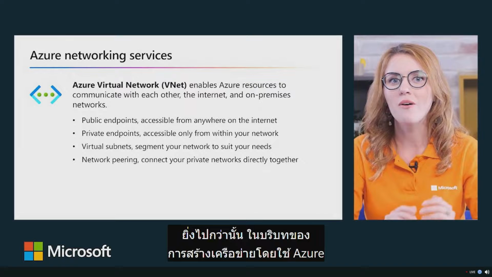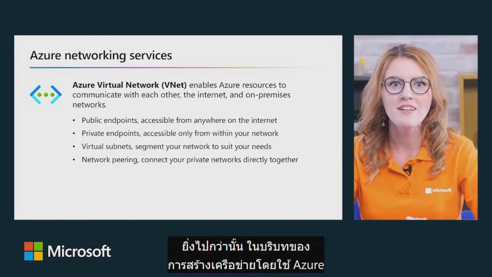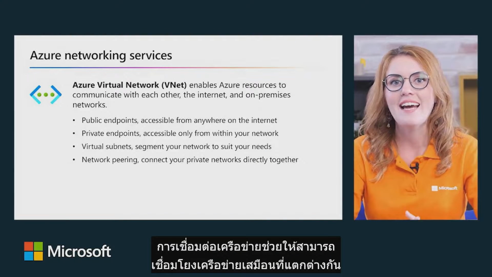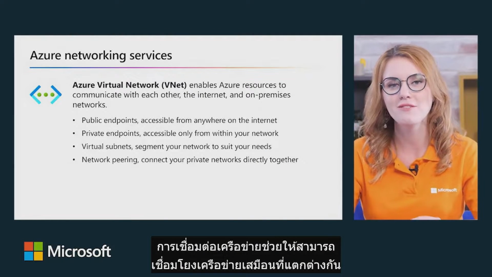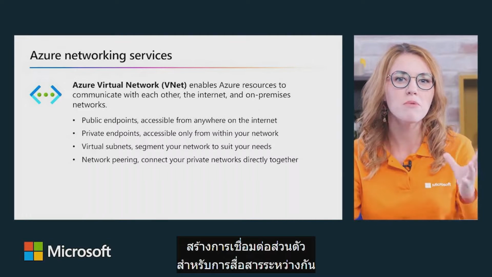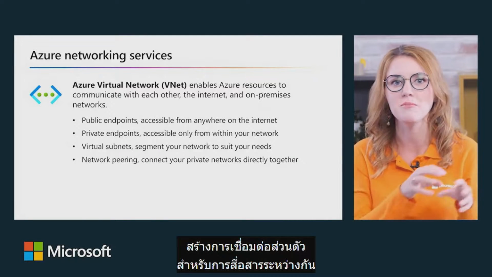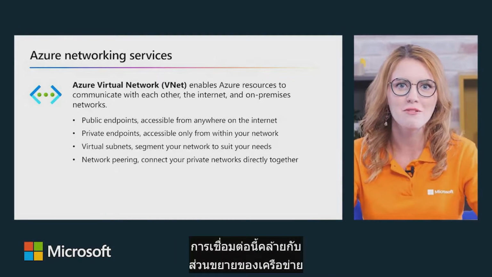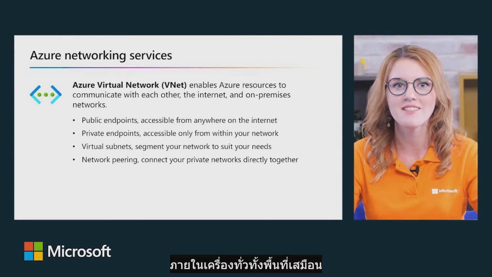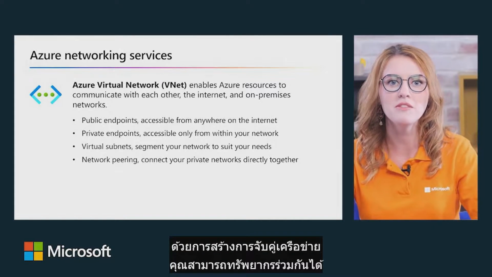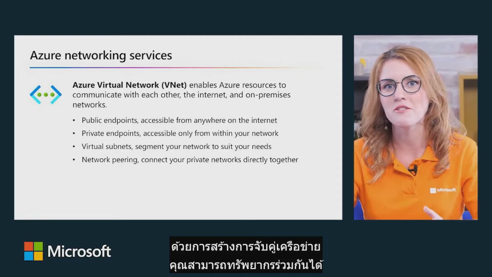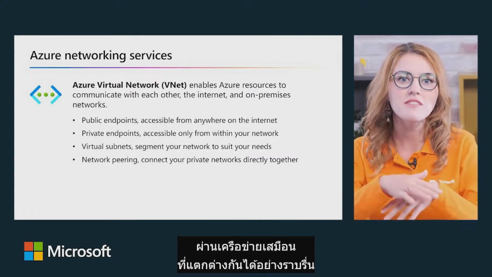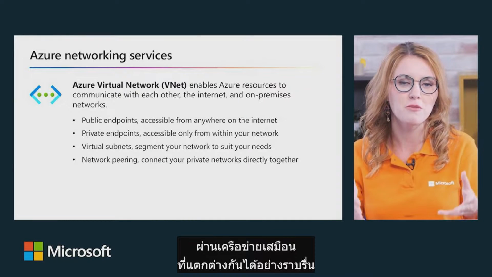Moreover, in the context of networking within Azure, network peering is a significant feature. Network peering enables the linking of different virtual networks, creating a private connection for communication between them. This connection is similar to a local network extension across virtual spaces. By establishing network peering, you can seamlessly share resources, such as virtual machines or databases, across distinct virtual networks, ensuring